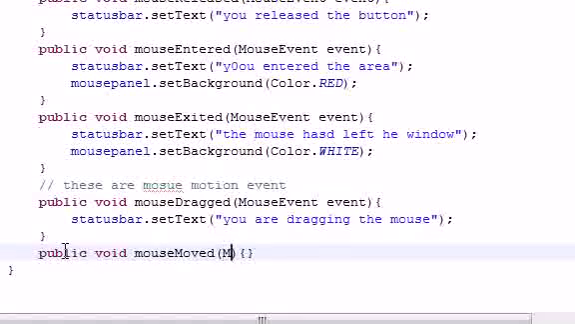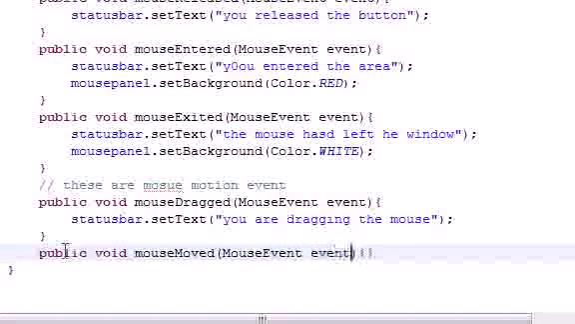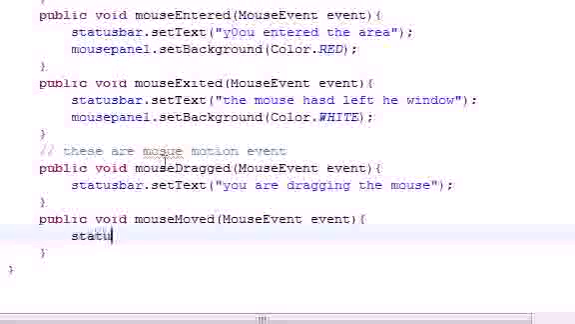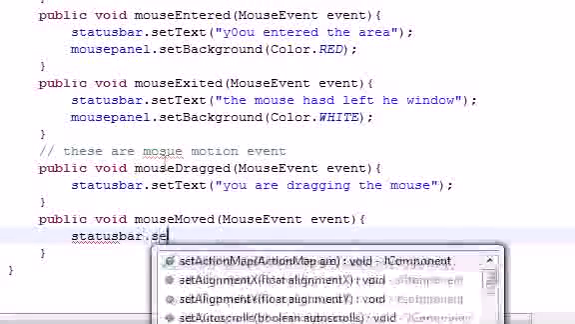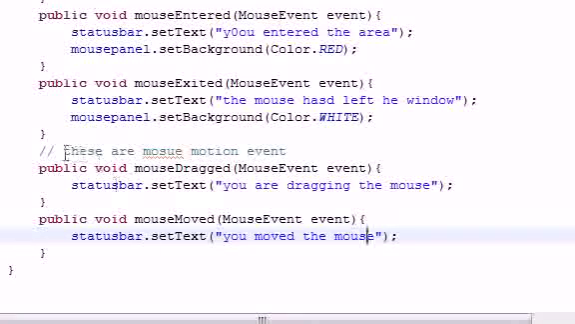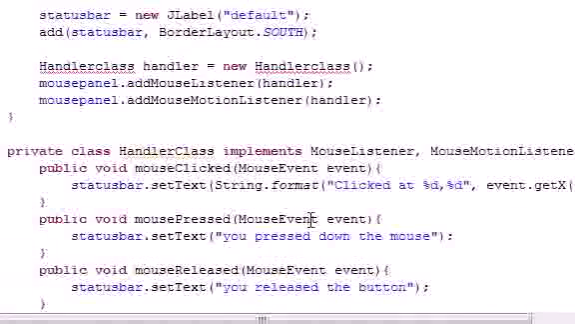So let's go ahead and type mouse event, and in our body, what do we want to put? Status bar dot set text, and let's just put something like, you move the mouse. So now we got all of our methods that we needed to implement, since we implemented from mouse listener and